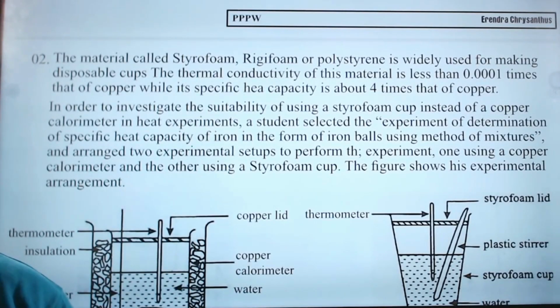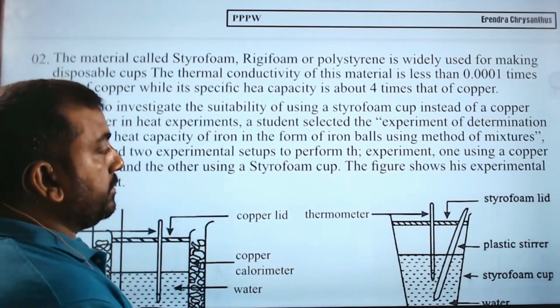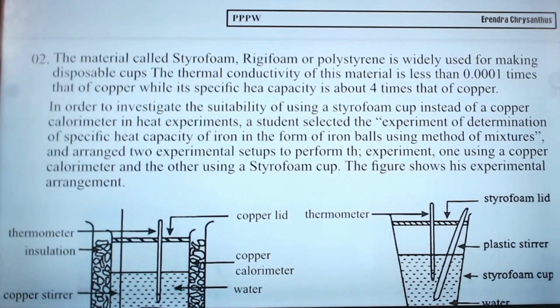Second structured essay. A material called styrofoam, or polystyrene, is widely used for disposable cups. The thermal conductivity of this material is less than 0.01 times that of copper, while the specific heat capacity is 4 times that of copper. In order to investigate the suitability of using a styrofoam cup instead of copper, a student selected the experiment of determination of specific heat capacity